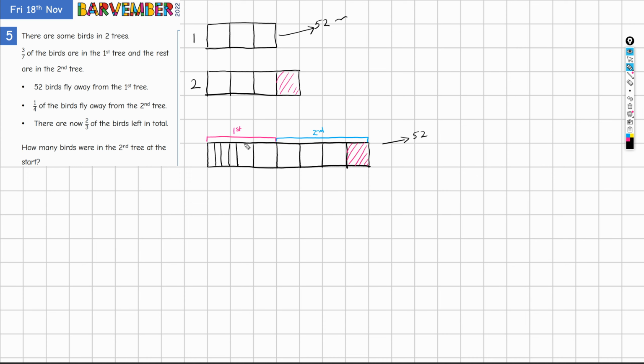So each of them gets divided into 3. There we go, giving me 21 parts. And in fact, what I'm going to do is mark that I'm going to deal with this as all of the birds,